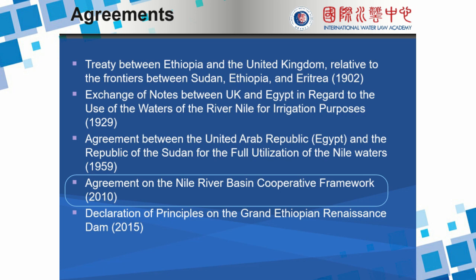And Egypt and Sudan have made it quite clear that they have no intention to ever become party to this cooperative framework of 2010. So Ethiopia has ratified it, but Egypt and the Sudan will probably never do so, which makes this cooperative framework basically a failure. Then in 2015,